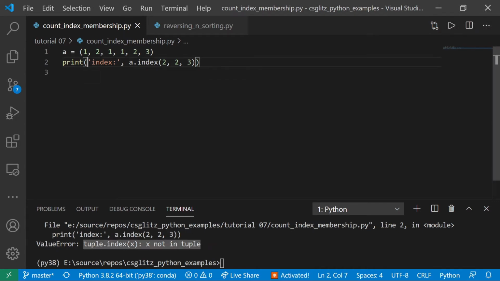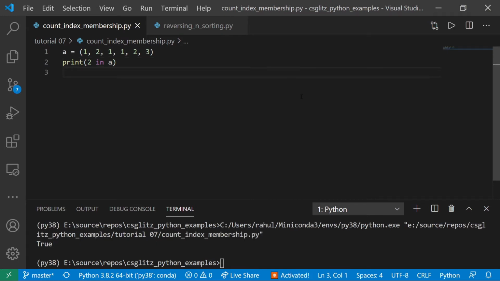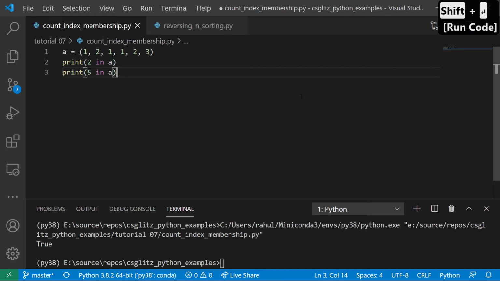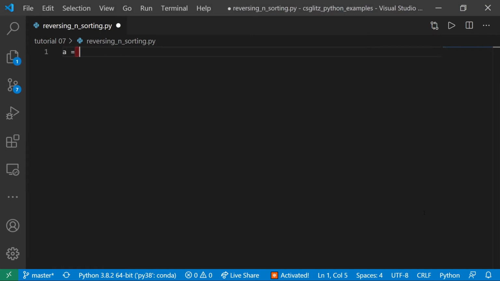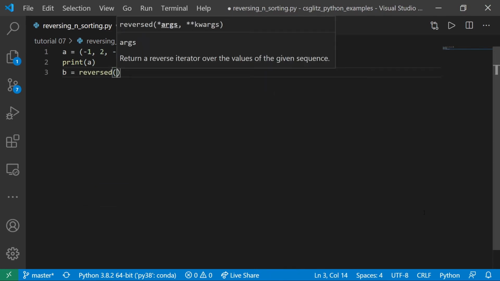We can use membership operators to check whether a value is present or not. We can reverse a tuple using inbuilt reversed function.